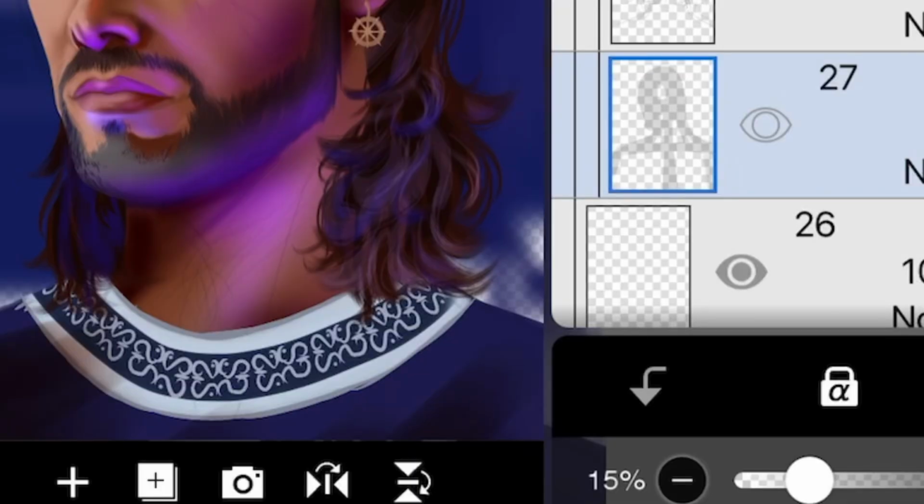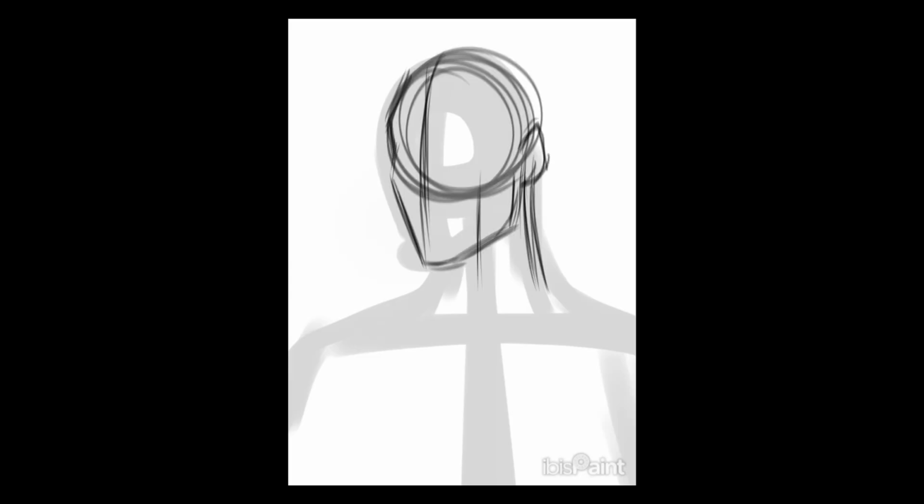The next step is sketch, of course. My sketching process is a bit weird because it kind of combines both the sketch and the line art. First, I will start by just sketching out guidelines for the general perspective and shape of whatever it is that I'm drawing, in this case Gale. Then I lower the opacity of that layer and create a new layer for the next part of the sketch. In this step I am still quite messy with it because again I just want to get the general shape